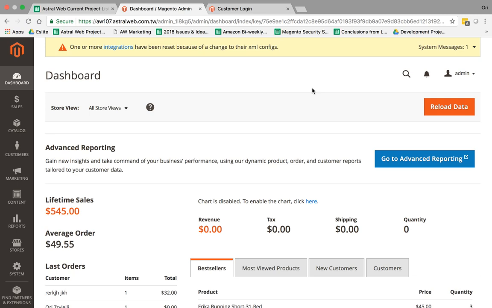So first things first, gift registries. Gift registries are a way for specific customers to create a list, add products to their list, and share those lists with their friends and family so they can get gifts for free, or as gifts, right? So for example, if you have a wedding, it's really popular in the US, you would create a list, share it with your friends, and your friends and family would buy these gifts for you, so you have them for your new house or your new trip, etc.